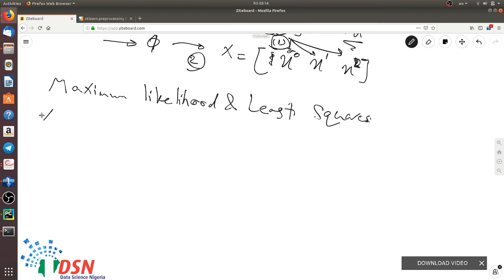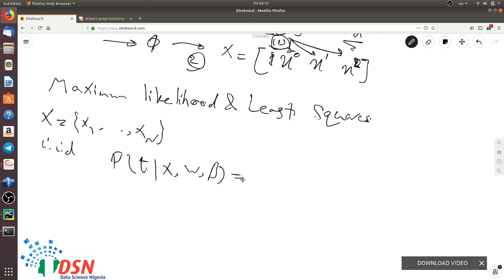If we suppose that we have a data set that has x1 to xN samples, and they are IID, meaning that they are independent and identically distributed, and then let's assume that the probability of the target given the data set, the weight of the model, and the variance of the Gaussian distribution is... actually in here we suppose that we have a Gaussian distribution on our samples,